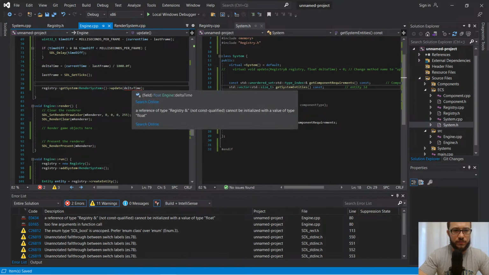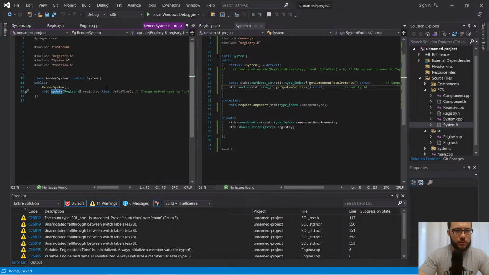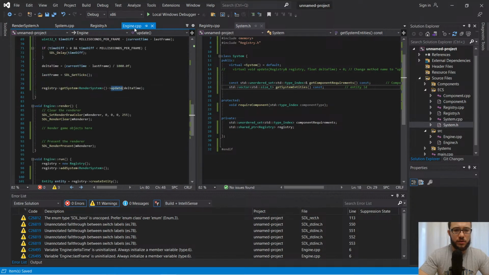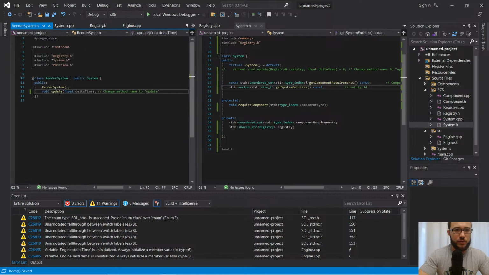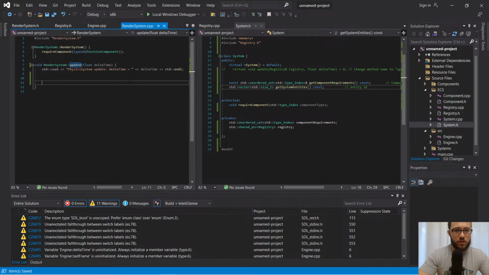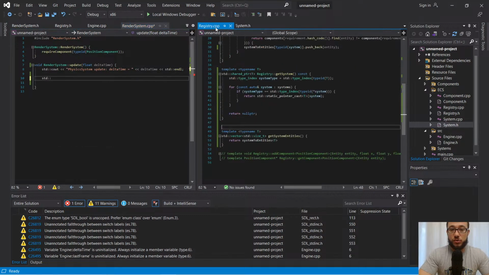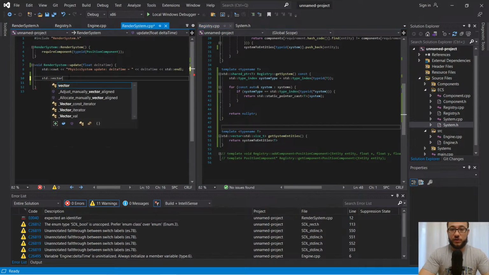Worry about registry all the time. Get rid of this. Stop complaining. Oh, okay, good. So now let's go and we'll do get. Get the system entities, so we'll get vector